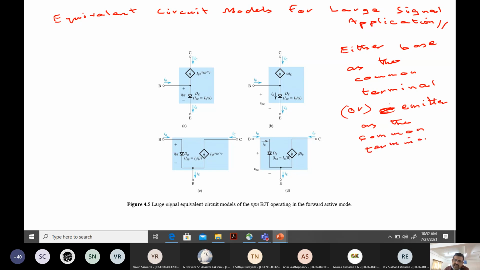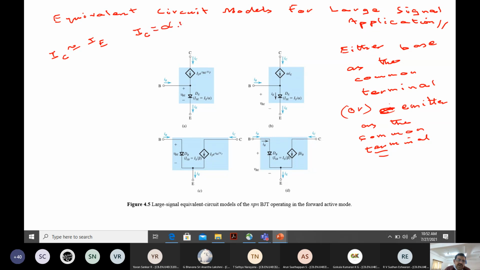And in analyzing the circuit under active mode, because I already told you, we can take the VCB out of the equation. We need to only worry about your VBE voltage. We have also seen that IC is nearly equal to IE. Emitter current almost equals the collector current, and the relationship is IC equal to alpha IE.